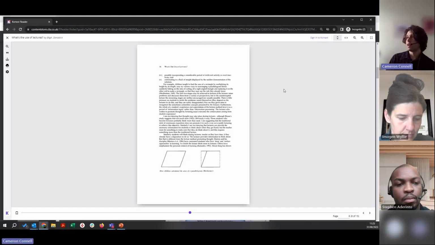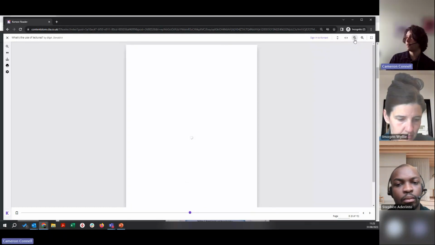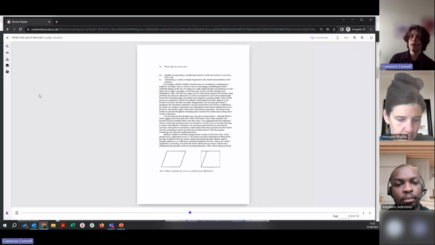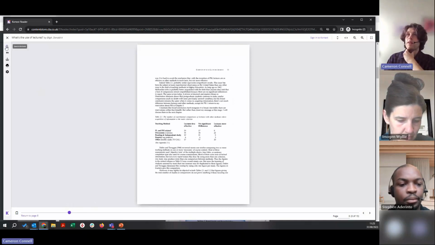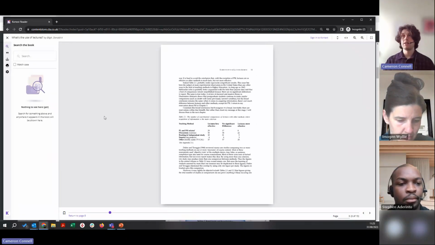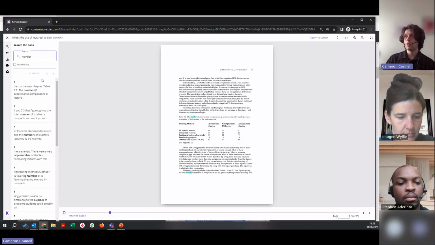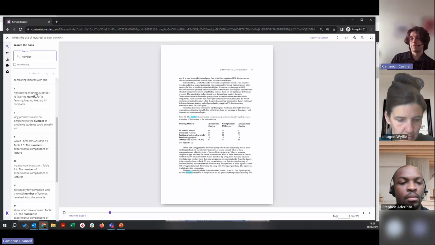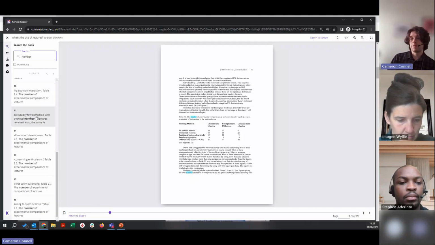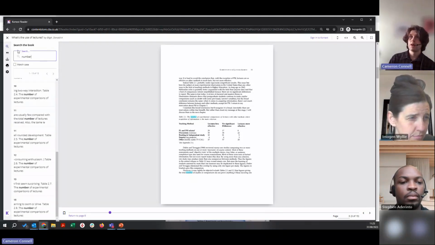You can also adjust the size of the scan, so you can fit it horizontally or zoom in here, and then go for a full page over there. If you look on the left-hand side, you can also see some extra features. If you click the magnifying glass, and the scan is OCR'd, you can use this to search for certain key phrases in the scan itself. Let's type in something like "number" here, and it'll show you all the times that word is mentioned in the scan. So if they want to search for a specific quote, they can do that here.